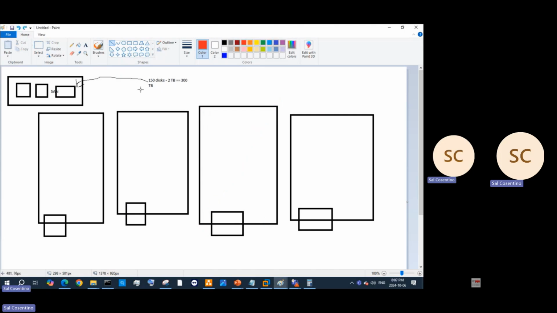Going back to the original topic, if we were to create a SAN, let's say with 3 disks, but in real life it has 150 disks, rows and rows of disks, maybe 15, 20, depending on the company and what it can hold. In our fictitious environment, we have 150 disks with 2 terabytes, so about 300 terabytes of storage. Where are all these terabytes going to go? These machines here